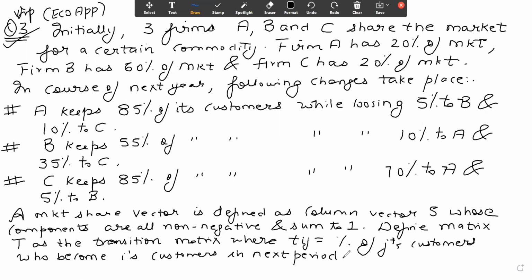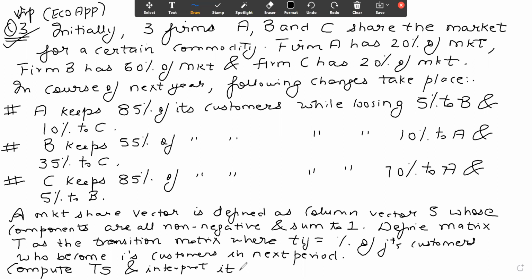Okay, now what is the question asking you? The question is asking you to compute the matrix T into S and interpret it. Okay, so let's solve this question. You can see the question itself in terms of solving is not too large, but the question itself is very large. So I will have to obviously erase some part to solve it because the space is limited.